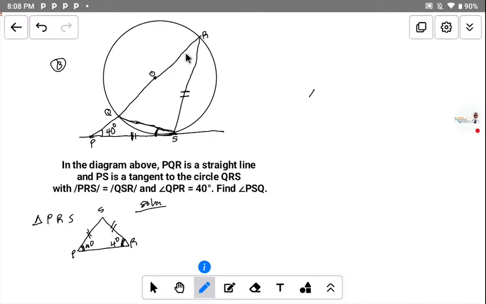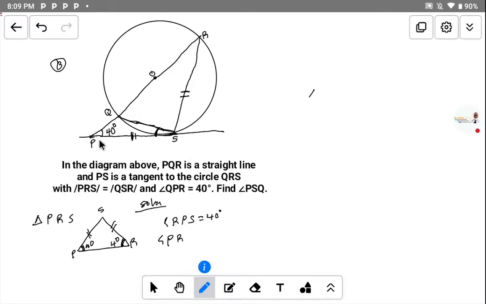What we have to do is say that this triangle here, triangle RPQ, is what I drew there. Now, make the statement that angle RPS is given as 40 degrees. And since this place and this place are equal, this angle is also equal to angle R, because they are base angles of an isosceles triangle. Now, since angle RPS is equal to 40,